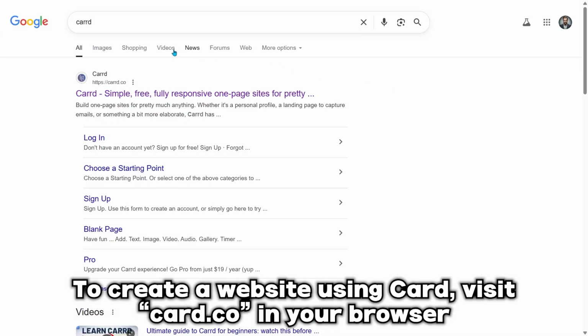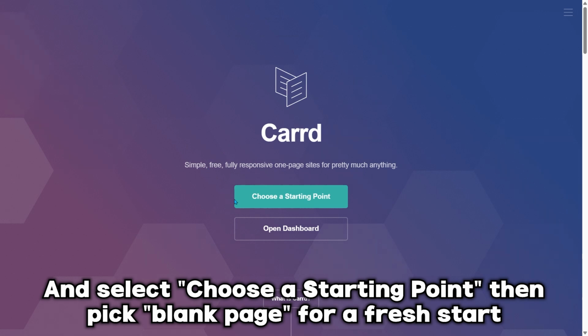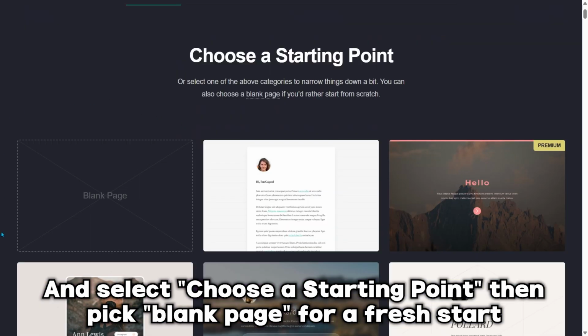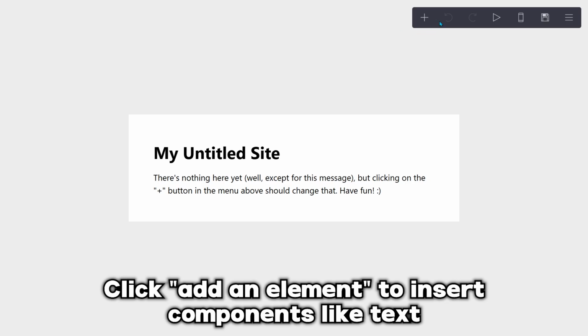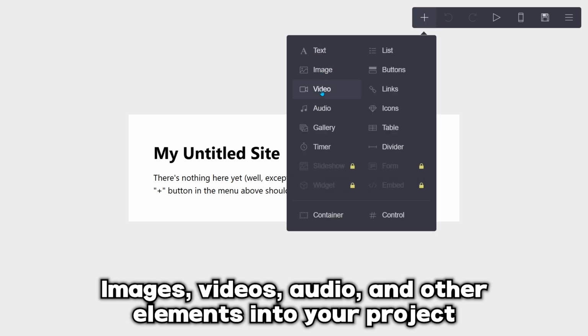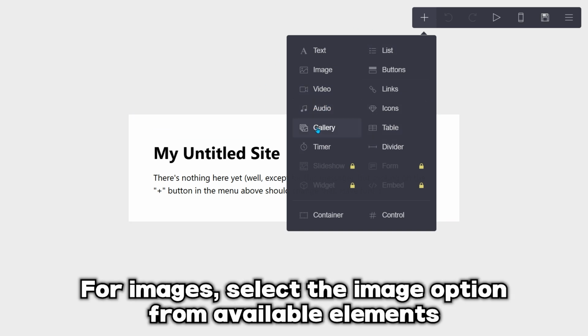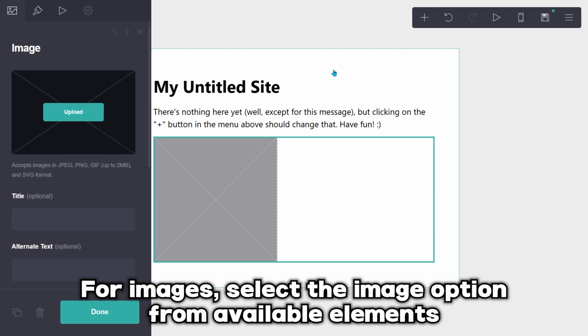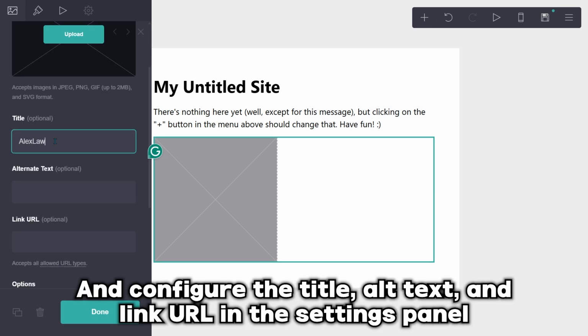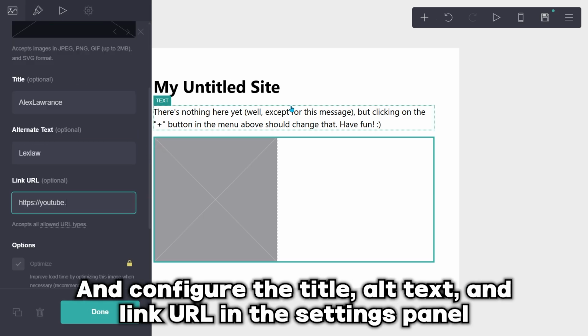To create a website using Card, visit Busgs in your browser and choose a starting point, then pick blank page for a fresh start. Click Add an element to insert components like text, images, videos, audio, and other elements into your project. For images, select the image option available in Elements and configure the title, alternate text, and link URL